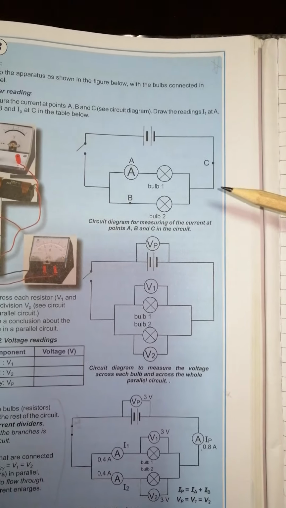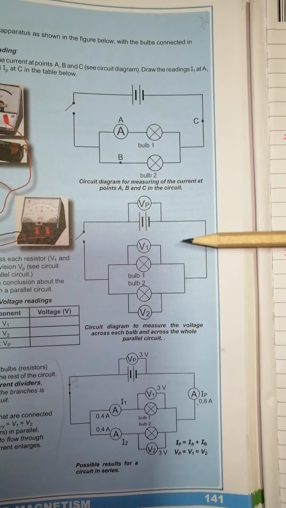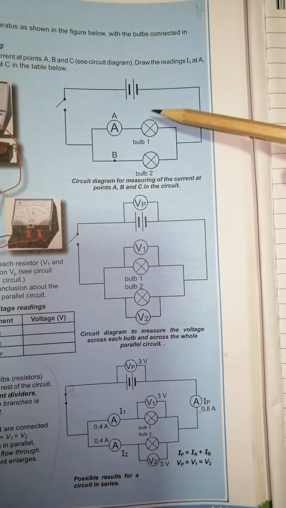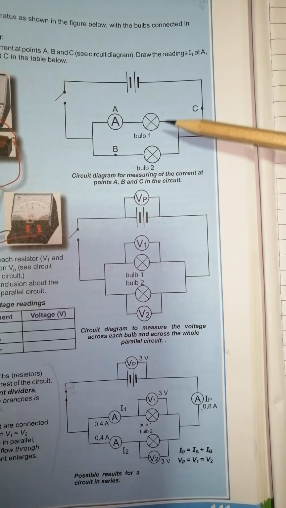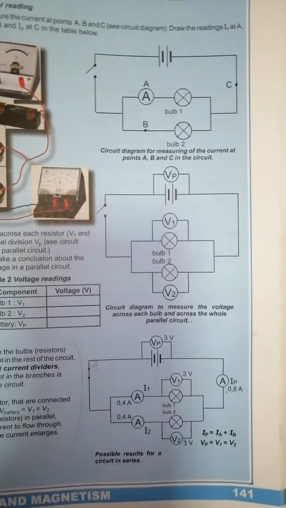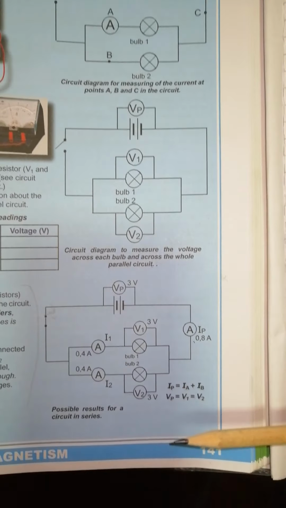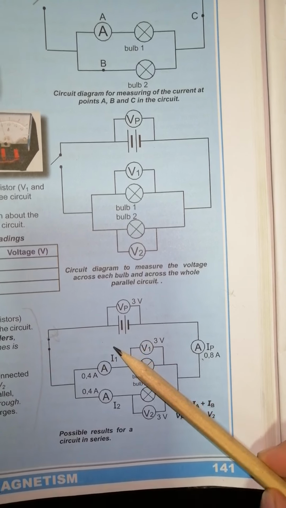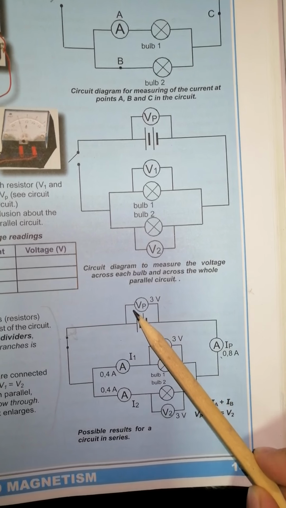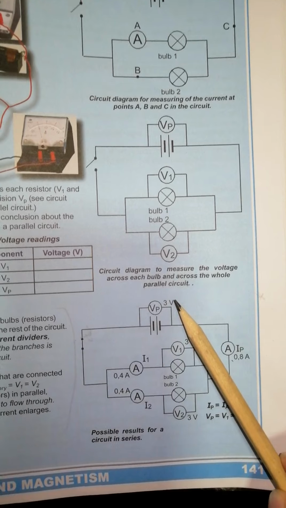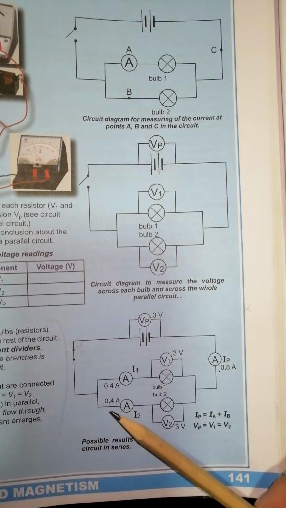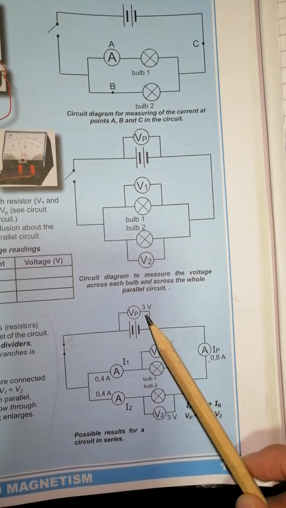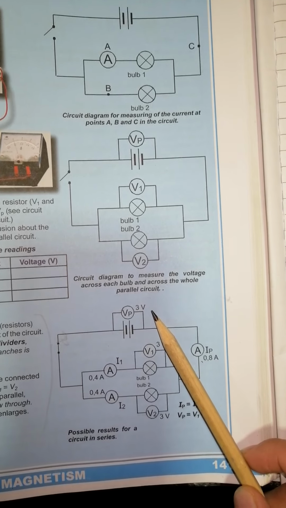So if you're looking at this circuit, any one of them, the first picture, second picture, or third picture, here the light bulbs are in branches. There's the first branch, there's the second branch, so it means it's a parallel circuit. Now in the last picture they actually showed values, and I want to show you how the values change. Can you see here you have this cell or battery, and across this you have the voltmeter, and it's giving you a reading of 3 volts, which means that since it's across the cell or battery, this voltage of 3 volts is the total voltage for the entire circuit.